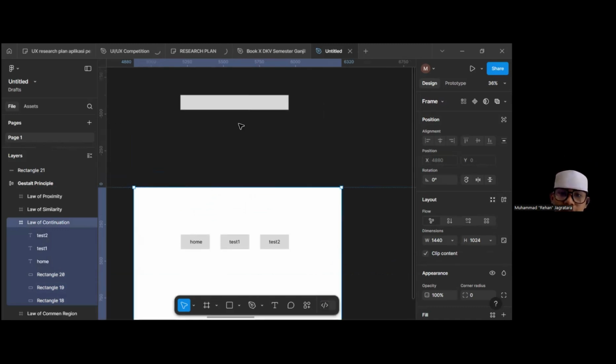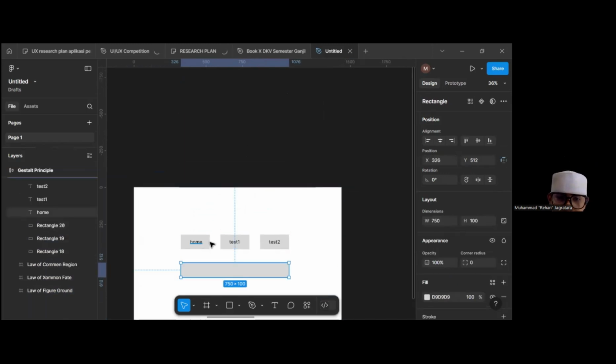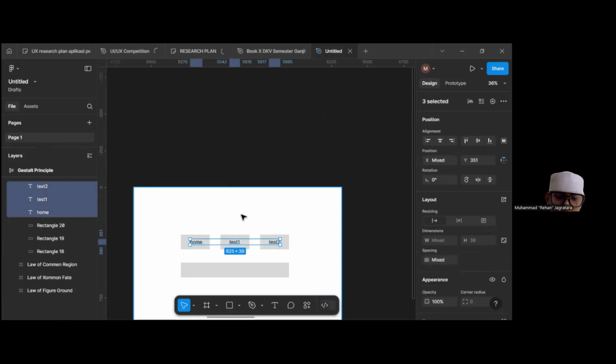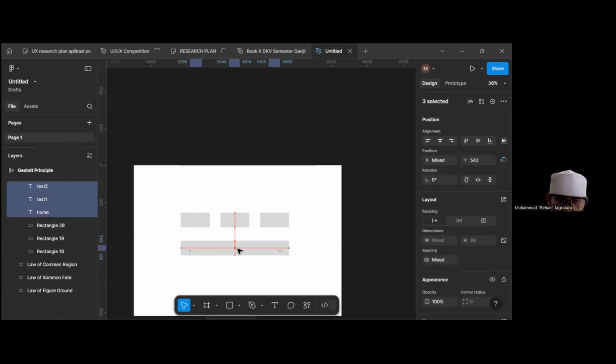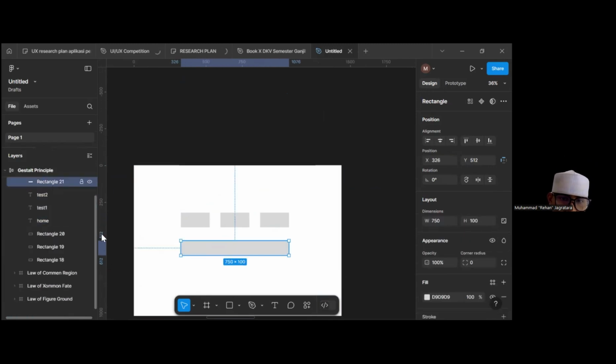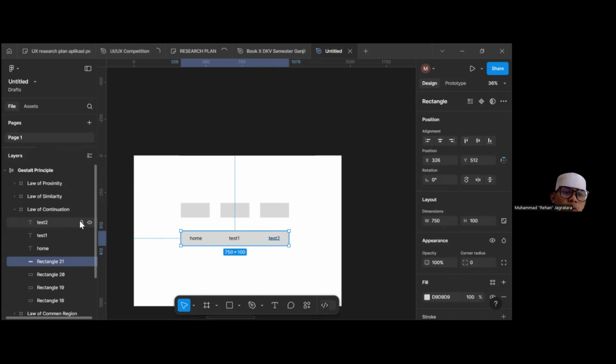But if we move this here and copy this, our brain will recognize them as one element or one group. Okay, so that's all for the law of continuation.